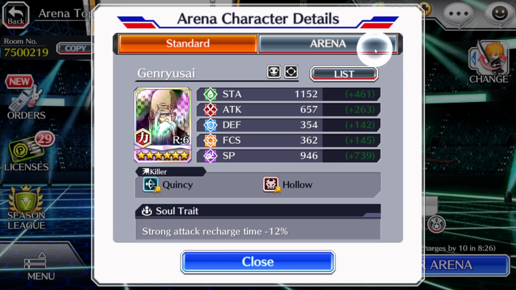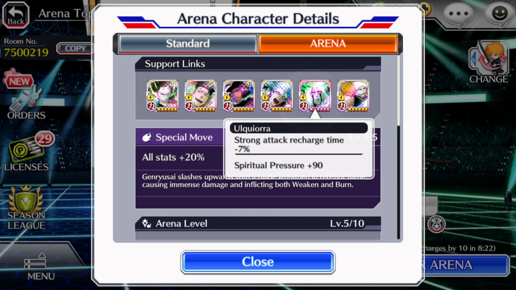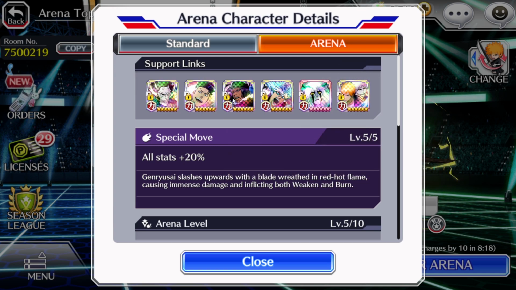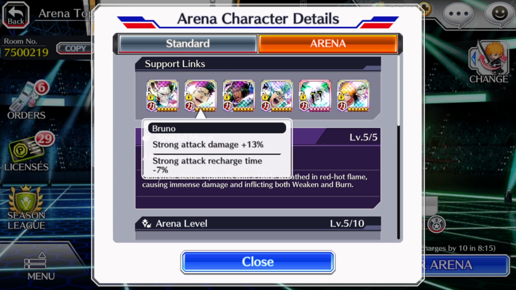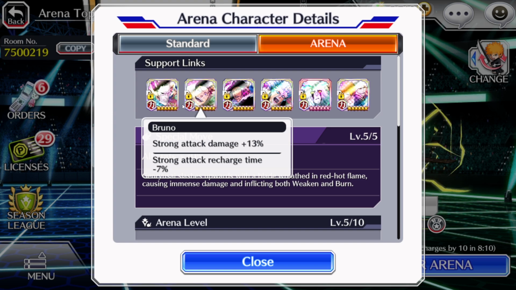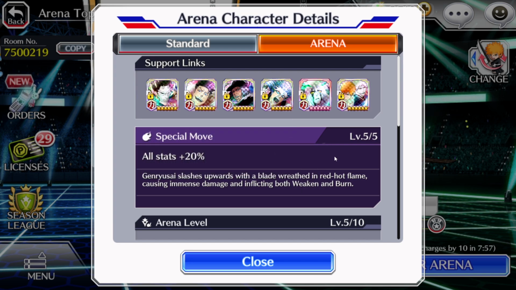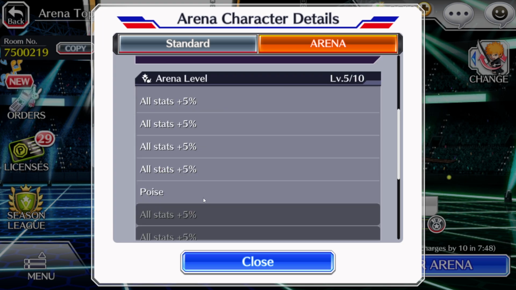Now, before we do, though, it is worth mentioning what build we are using. Of course, we are using the best possible links that I personally have on my account, all giving him that extra 7% recharge with an additional 90 extra SP stats. And then for these two particular links, because they are arena characters, we are getting that extra 13% strong attack damage per link, so 26% extra strong attack damage, and at the same time, also getting that 14% strong attack recharge. Yama is 5'5", so he does come with that extra 20% all stats,